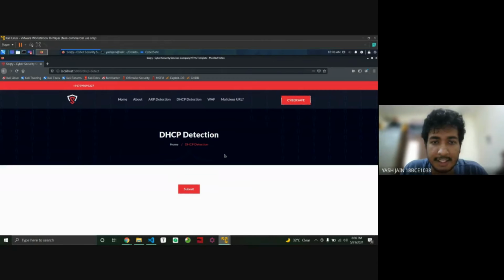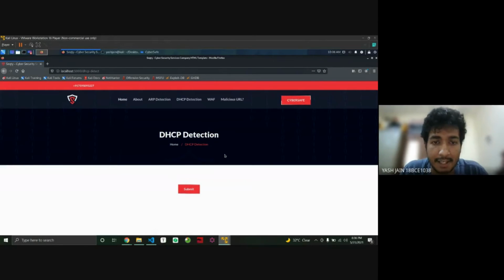So if a machine wants to request an IP address, it sends the request to the server saying, hey, I want this IP address, and based on the availability of the IP addresses in the local network, the DHCP server assigns the IP address to the particular machine that was asking for it.